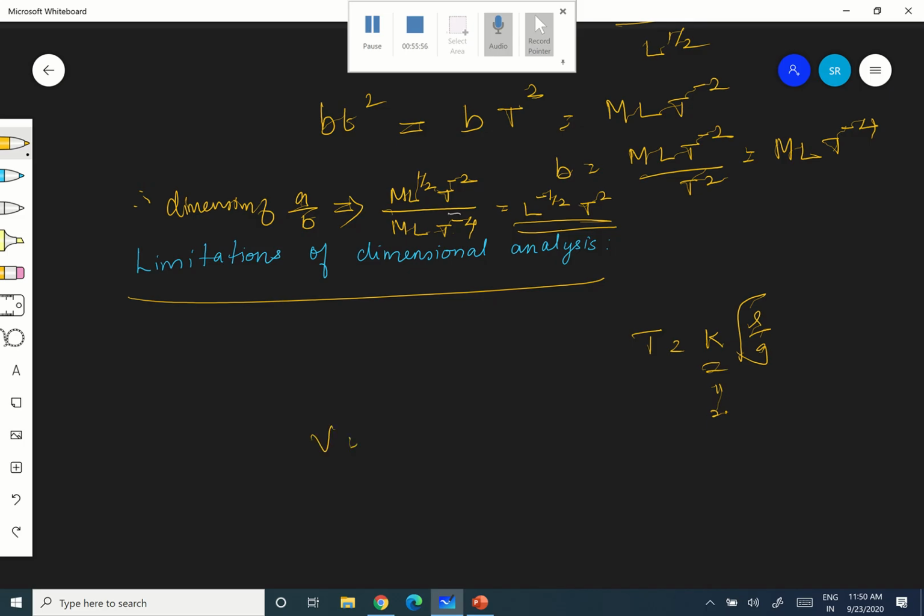The volume of the liquid flowing per second depends on the radius of the tube and the pressure gradient, as they have given. And what else? Viscosity. It is proportional to the pressure gradient they have given. That is why they have clubbed P and L, the pressure gradient. If they cannot give the pressure difference between the two ends, if they give it like that, see, 4 quantities.